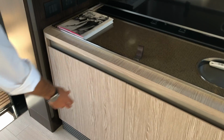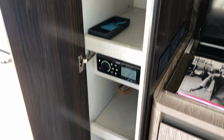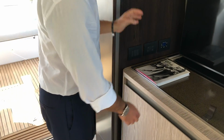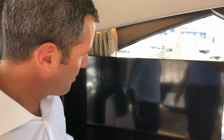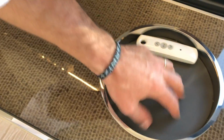Another here, a little gem with a lot of volume when it comes to storage. As you can see, vertical shelves divided so everything can be stored properly. Another aspect which combines a very interesting cosmetic, so a very beautiful panel, innovative cosmetic material finishing with stainless steel trim, leather wrap,